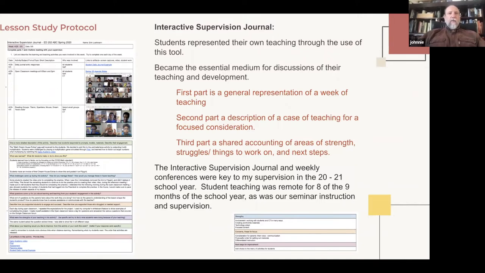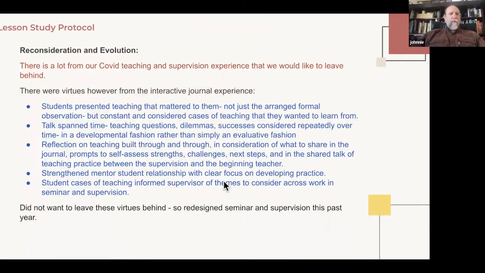And the other kind of homework was longer range goals. What kinds of things might you be working on over the next few weeks, next month? What are you trying to get better at in general across your practice? So this is all the Interactive Supervision Journal. And this was all made possible, if we want to think about it positively, by COVID happening. And it turned out to have lots of worth in it. And I'm going to share some of that worth with you.